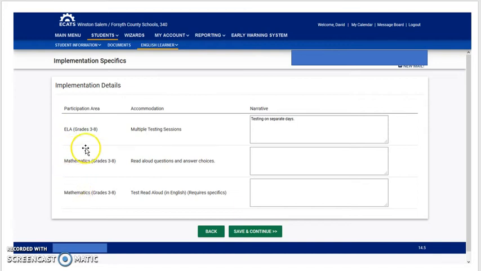So for this child, for multiple testing sessions, you can capture anything specific that child needs with the way that test session is implemented with this accommodation. So once you add that information, if necessary, this screen will not be necessary for every child, but if it is necessary, this is where you would enter that information. Go down to the bottom, click Save and Continue,